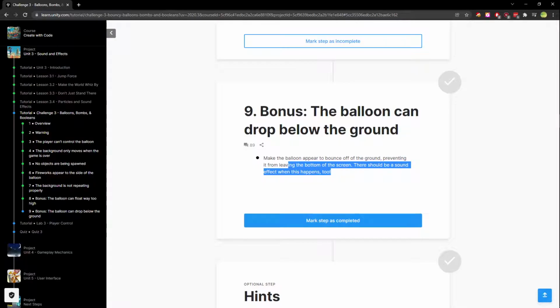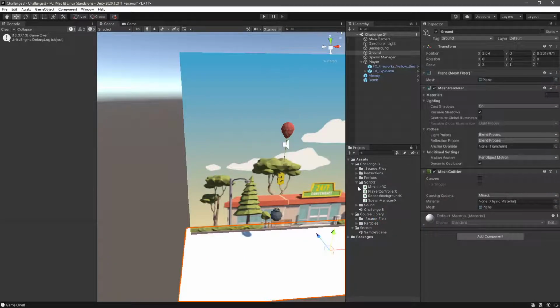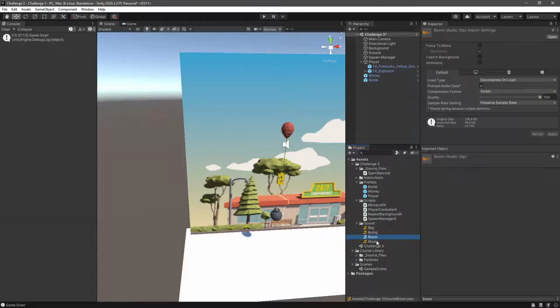There should be a sound effect while doing this as well. So I'm going to see what sounds we have access to here. We have sprites, objects, prefabs, sounds. Here we go. So blip, boing, boom, music. The blip is probably going to be used whenever we hit the money. The boing is what we want for our bounce sound, and the boom is probably our bomb itself. So let's go ahead and add the boing